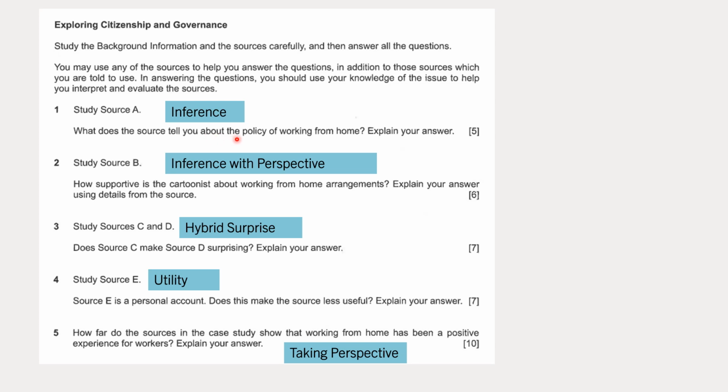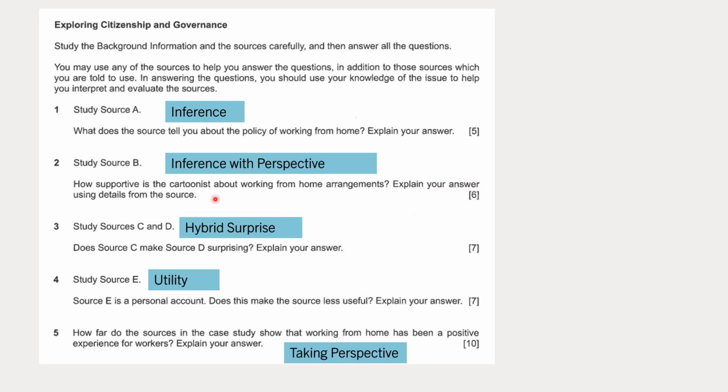They are asking about the policy of working from home. So when you read the sources, you must make sure that you focus on the policy of working from home. Now, question 2 is actually an inference with perspective. Now, what does it mean? It actually means that you need to make a stand. So later on when we unpack source B, you can take a look at how supportive is the cartoonist. So you need to agree as well as disagree, and of course you need to make sure that you explain